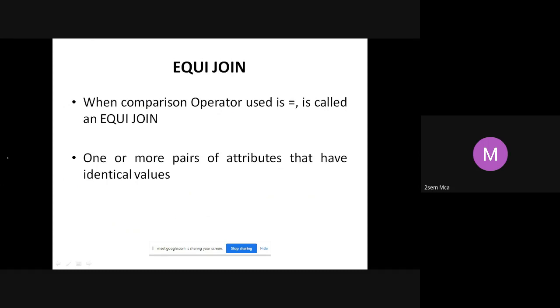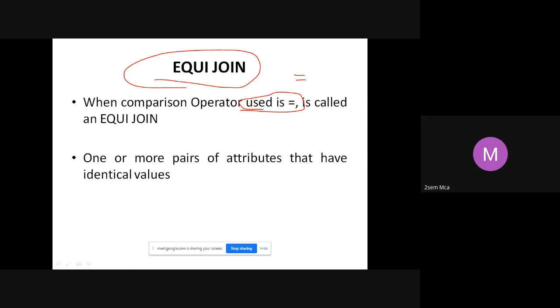First, we go for equijoin. Equijoin means the theta is going to take the value equal to. When the comparison used is equal to, it is called equijoin. Most of the queries that we write in SQL are all equijoin.